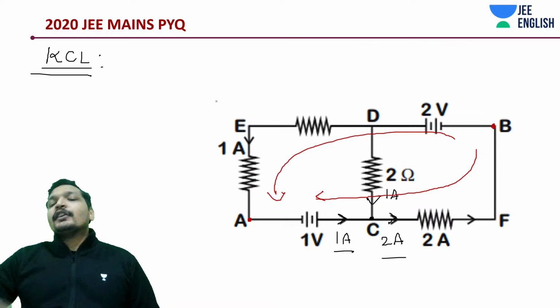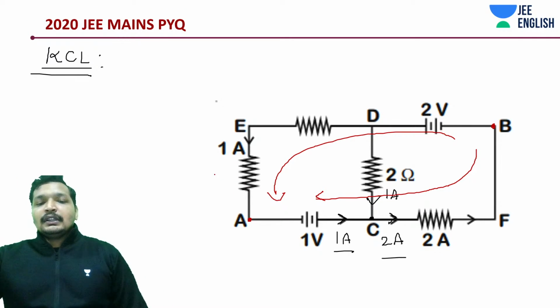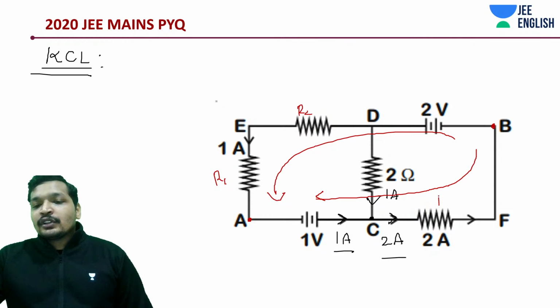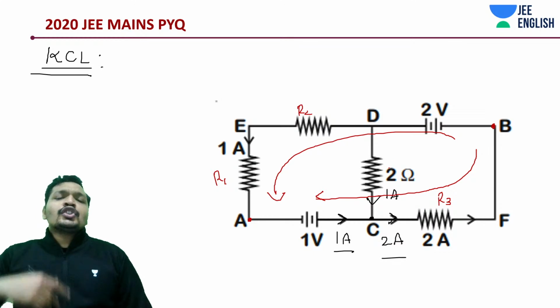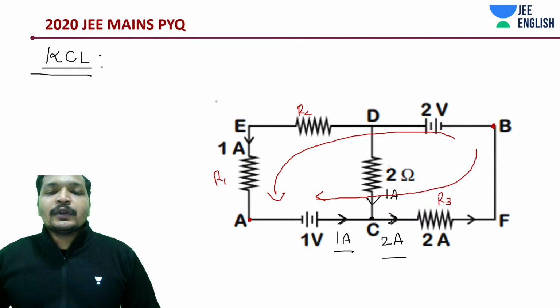Okay, but before that you need to understand one thing. Some resistor values are not given. Let's call these R1, R2 and R3. You don't know the value of the resistances. You're only given the 2 ohm resistance. So choose one loop, so that